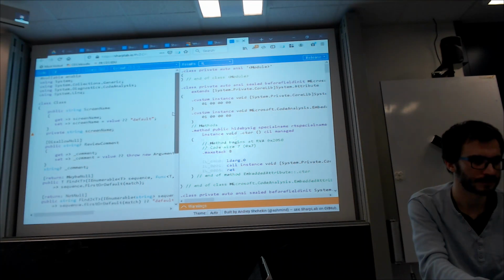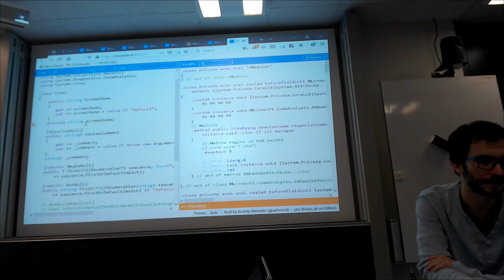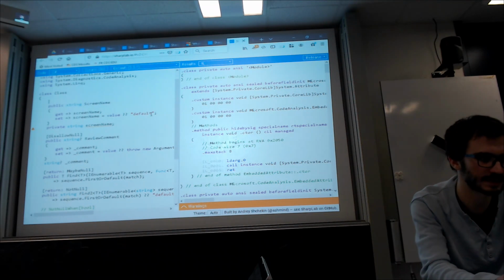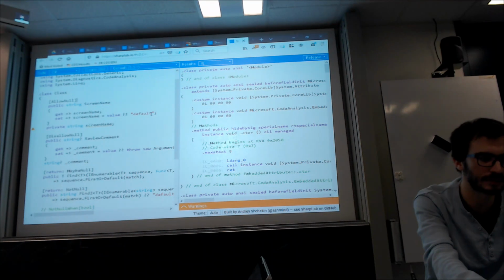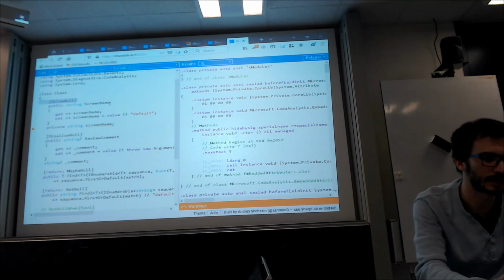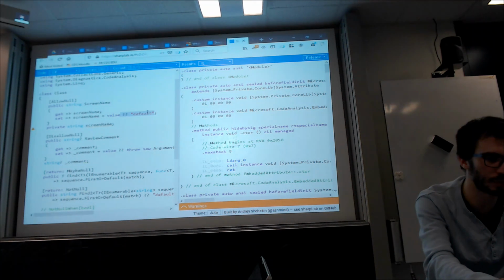So in this case, you see that here by default the value is allow null. So this is the same as writing allow null, because this has been the behavior until now. So by default this allows null even if screen name is non-nullable. The interface allows null, and it falls back. It has a fallback. But if we remove this fallback,